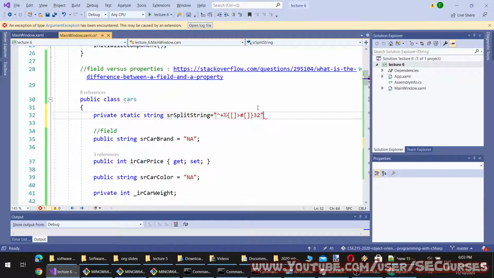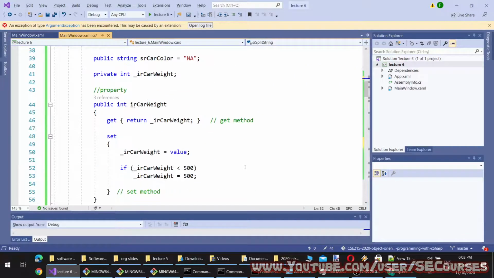Something like this. So this will be my special split string. Okay, and I will be using this.